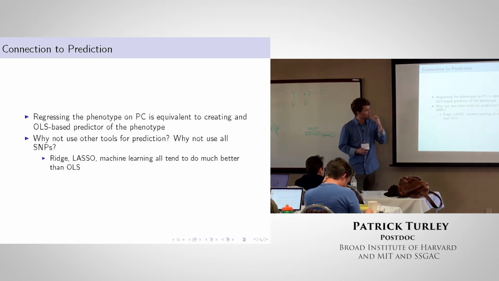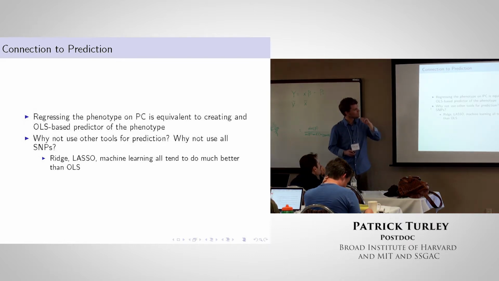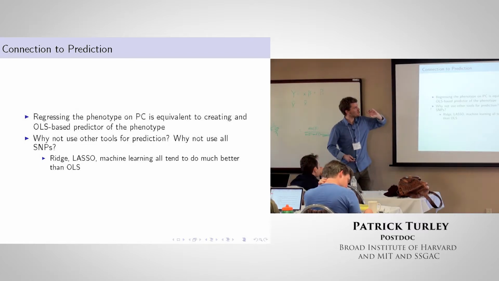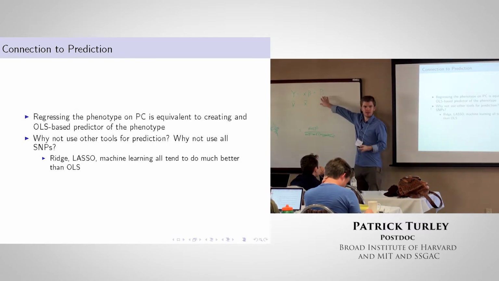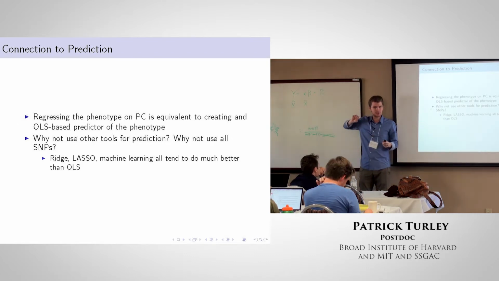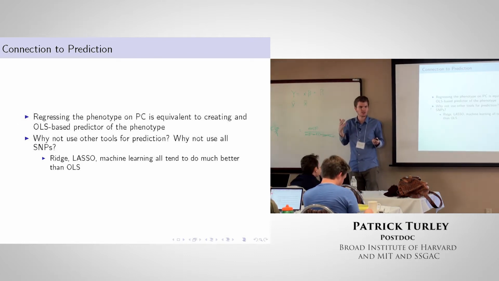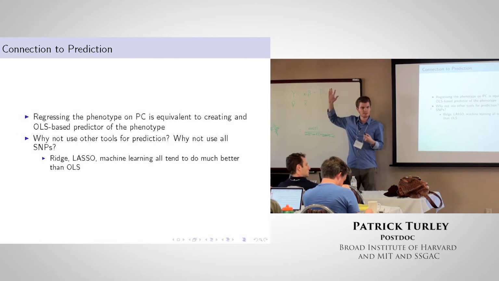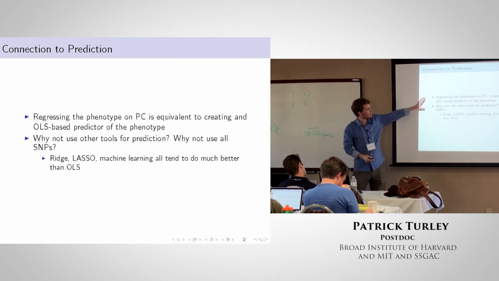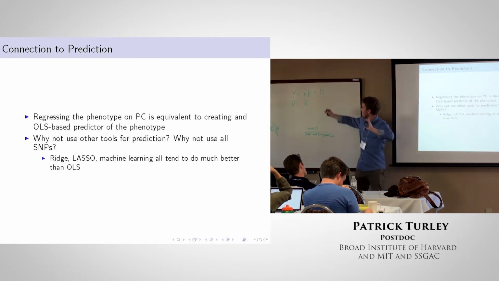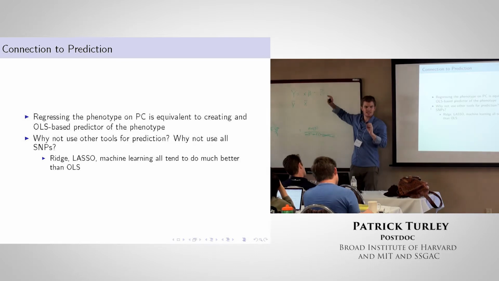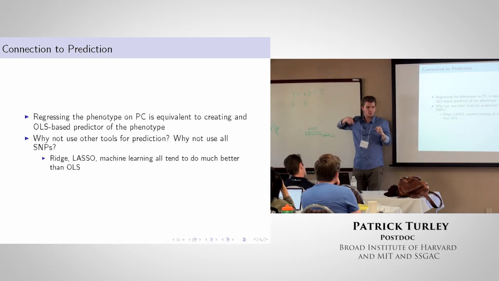Okay, so one last thing to give you a connection to another thing that you can do, which is related. When we add the PCs, we can think of those PCs as a predictor. Our PCs are like a polygenic score of some sort that are predictive of a person's ancestry because they include these additional SNPs that are predicting a person's ancestry. And so if we want to think about these PCs as a predictor that is contaminated by ancestry,